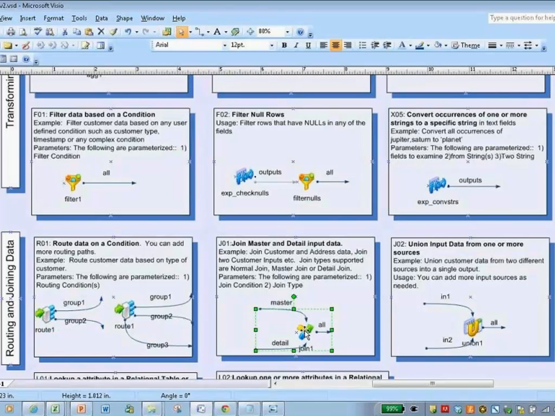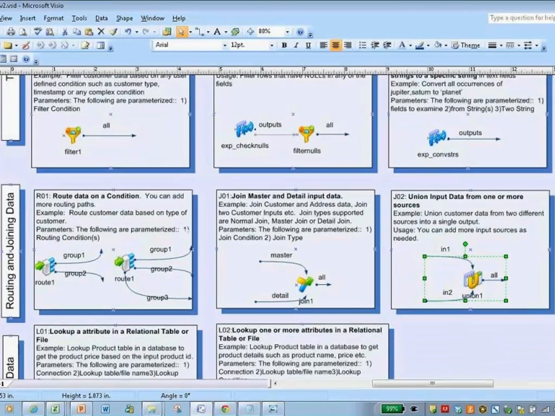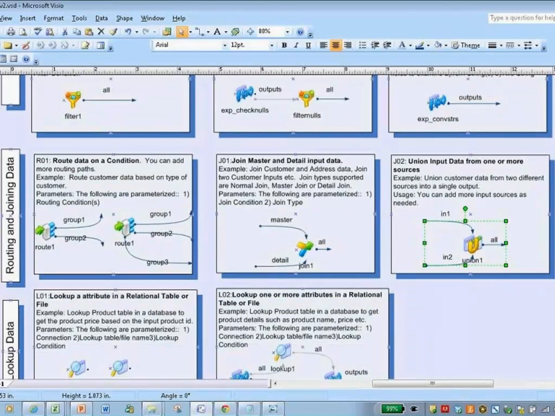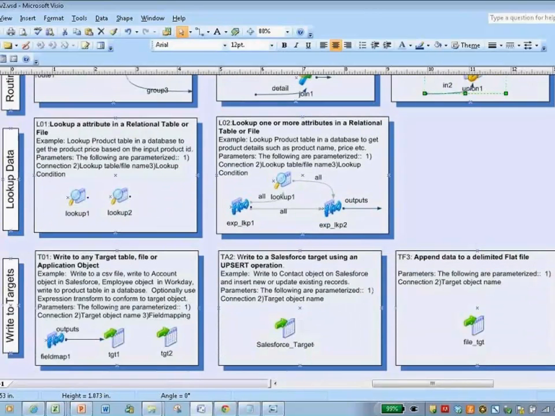The joiner is used to join data across systems. A union transformation acts more like a database union function. And here are examples of how you may want to augment data, like using lookups to bring in product data or customer data